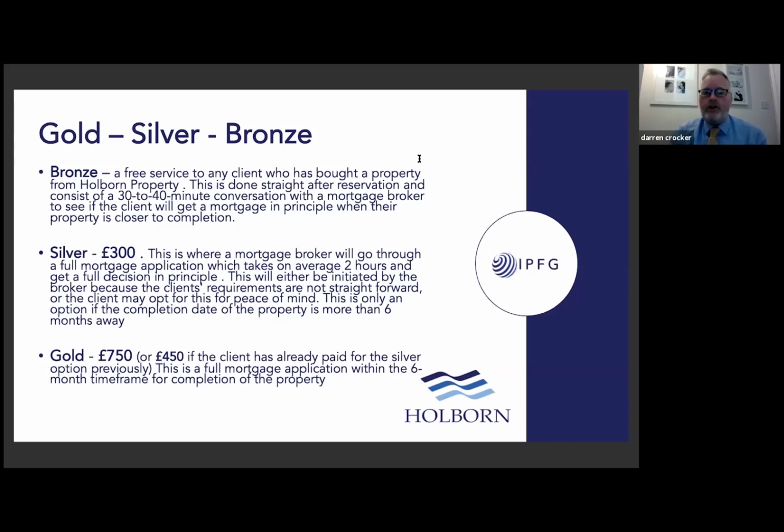If you then want to take it forward to actually get the mortgage in principle, that's where I transfer your personal details to that lender, and we will not do that until you've signed the terms of business with ourselves. So you engage us as your broker, covering you under data protection, or GDPR. At that particular stage, there's a small fee to pay, £300. At the moment, we have to do sanction checks on everybody, so there will be an additional £15 a person to do that. Once you've paid that, we'll then transfer your personal details to the lender of your choice